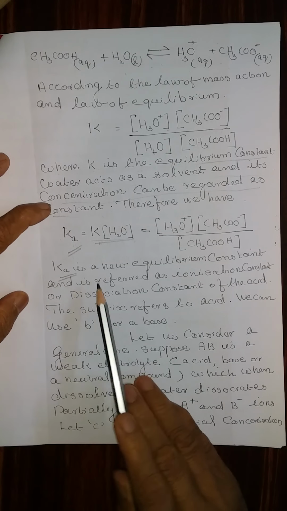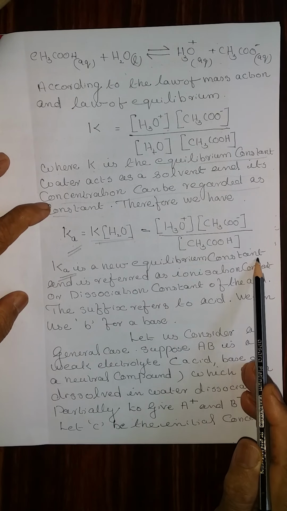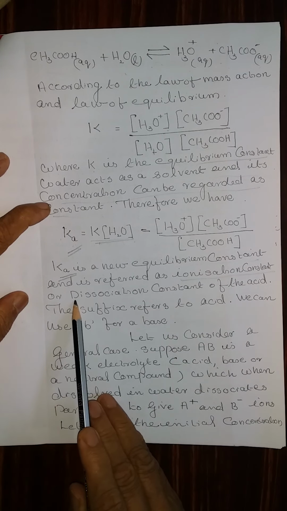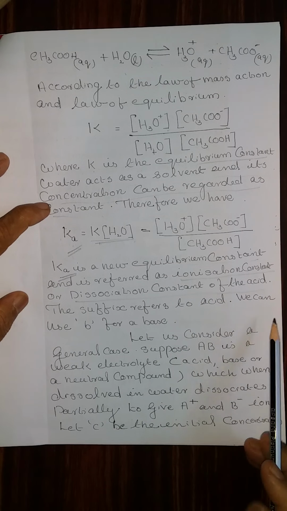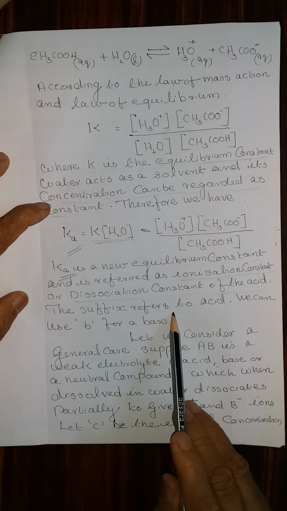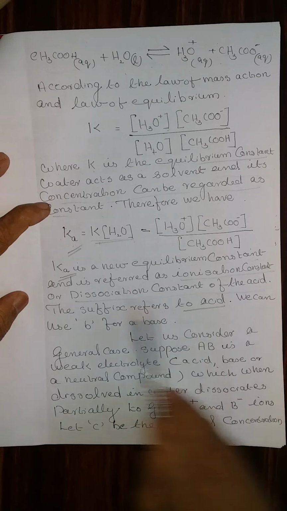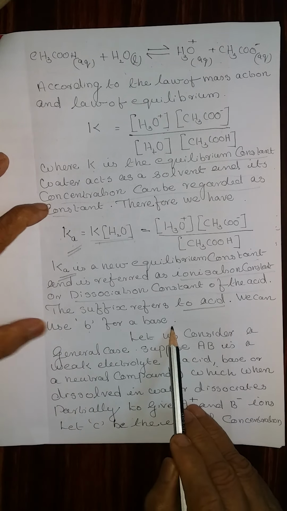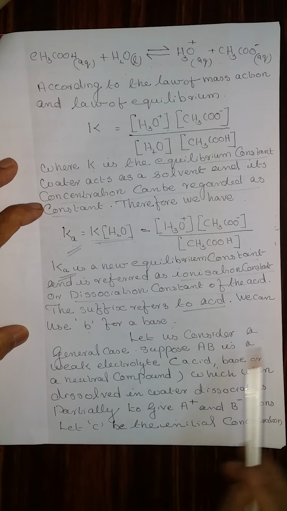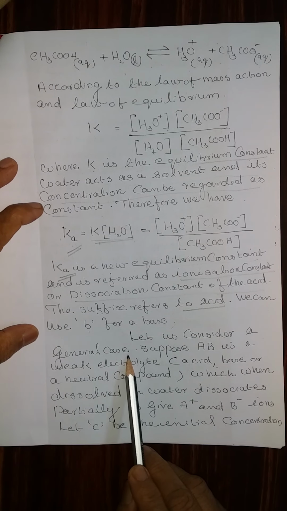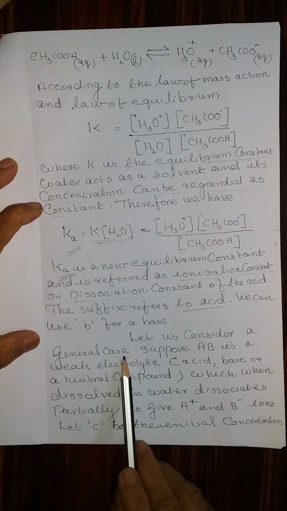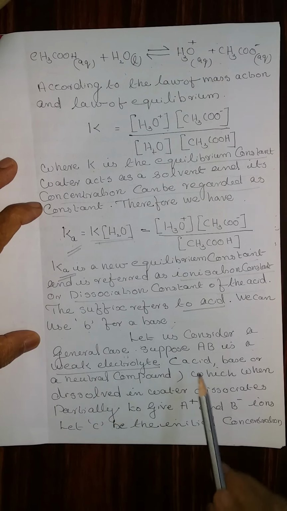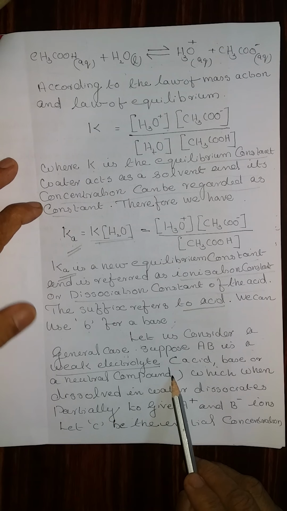Now, Ka is a new equilibrium constant and is referred to as the ionization constant or dissociation constant of an acid. The suffix small a represents an acid. We can use small b for a base. Let us consider a general case. We are going to derive an equation considering a general case. Suppose AB is a weak electrolyte, an acid, base or a neutral compound,